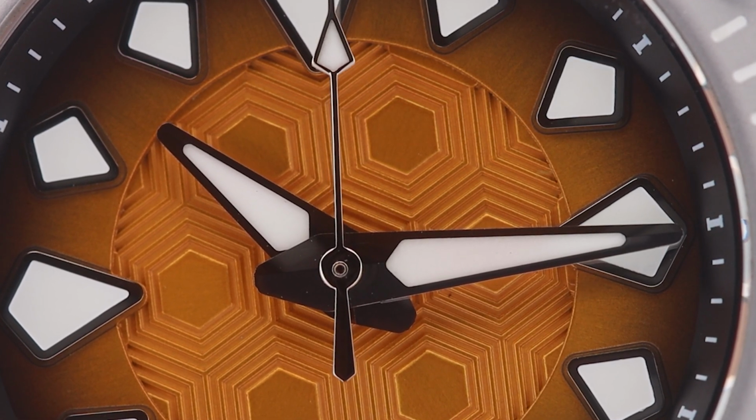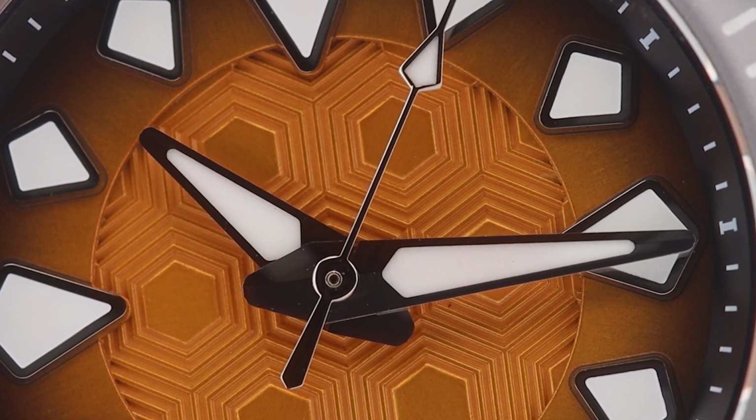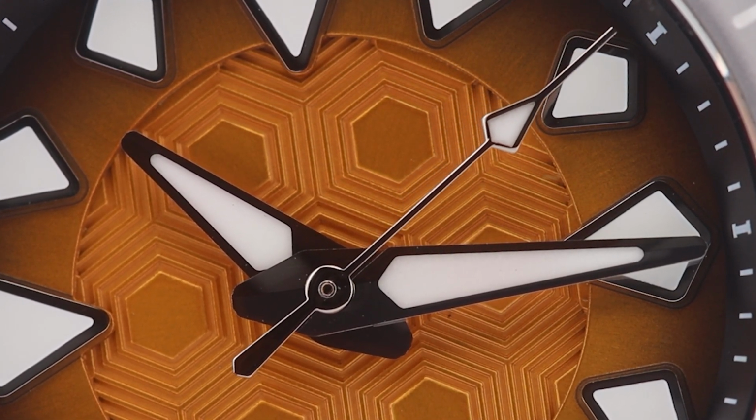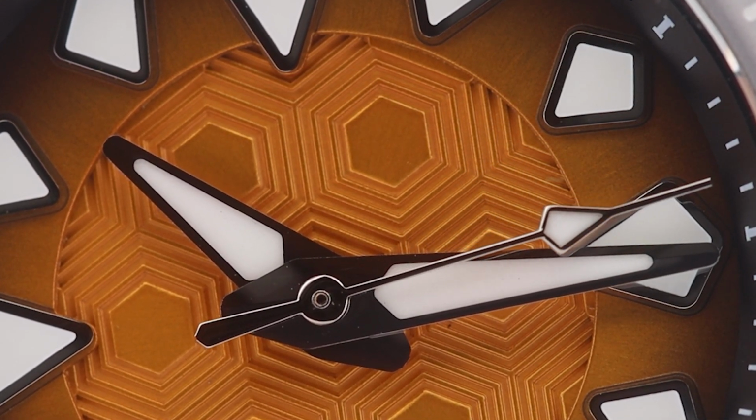The seconds hand is counterbalanced, lollipopped, with the lollipop in the shape of a turtle shell scute. Now, I personally really like the choice of those hands. The shape of the hour and minutes hand in particular perfectly complement the shape of the hour markers, in my